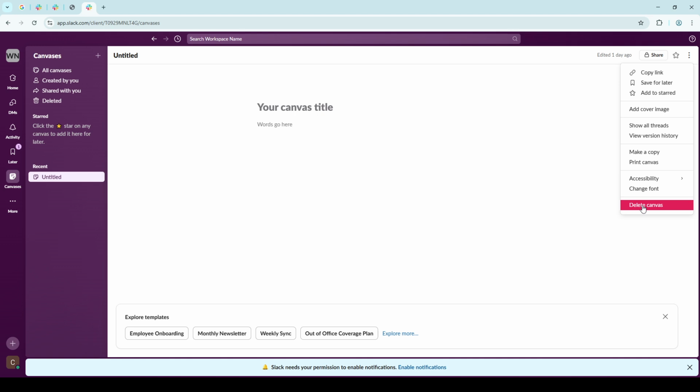That's it. You've now got a good understanding of how to use canvases in Slack, whether starting new ones or managing existing content. This tool is incredibly handy for boosting productivity and collaboration in your Slack workspaces. Play around with these features, and you'll surely find them adding more dynamism to your